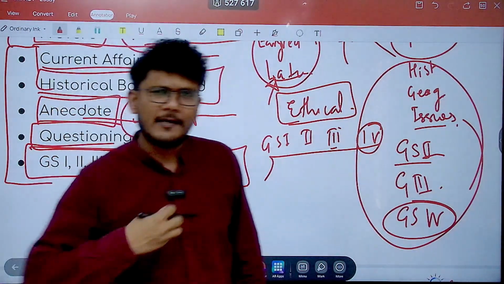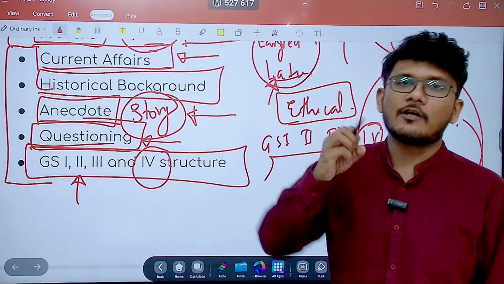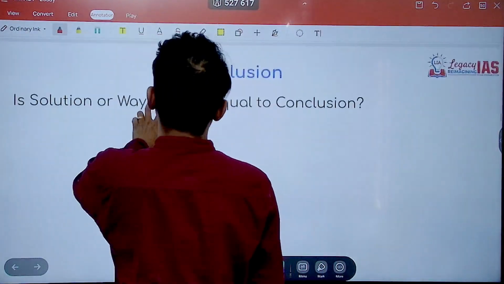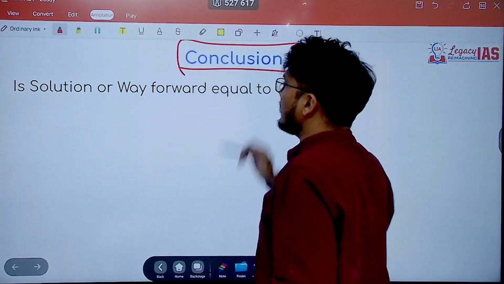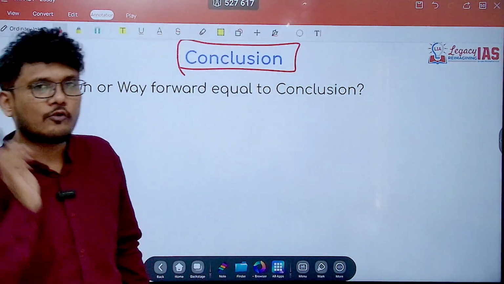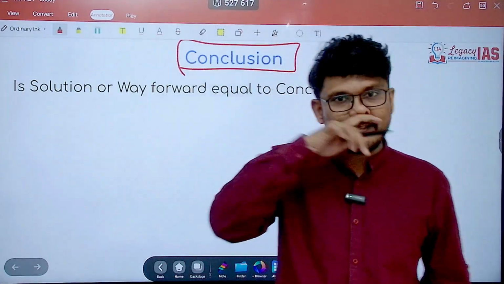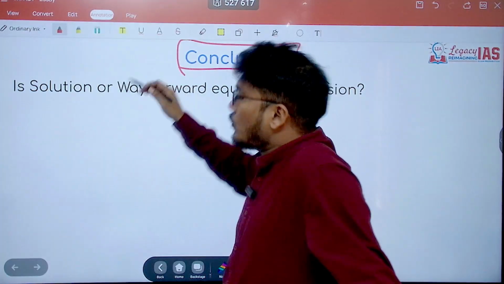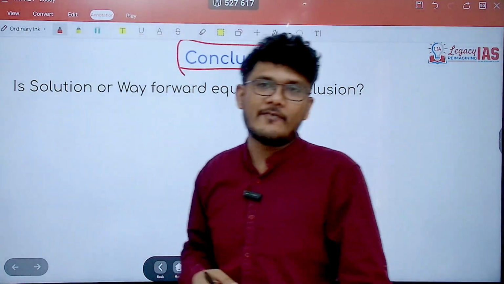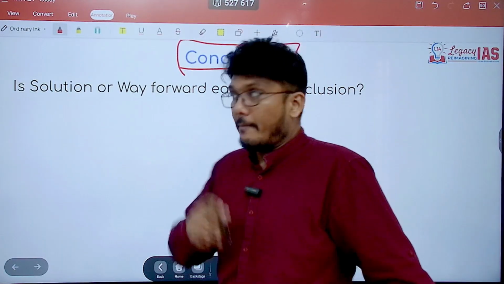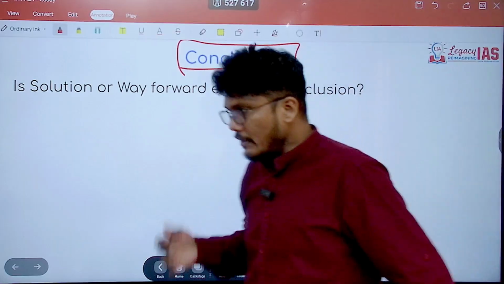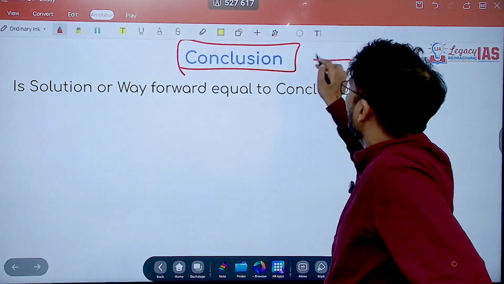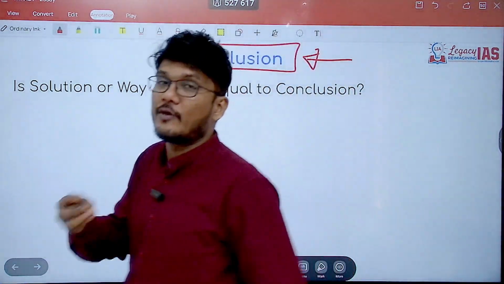Even if the question is related to economy or any other thing, a sentence or a paragraph or an idea about ethics will really help you get those additional marks. Now, once you have started and written the main body like that, the conclusion is also very important for the essay, especially because it is at the very end that the evaluator is going to give you the marks. So if the conclusion is messed up, the final impression of the evaluator will not be good on your essay paper. But if the conclusion is good, that does not mean the essay need not be good. Everything has to be good, but the conclusion also has to be good so that the impact of your essay is not lowered.